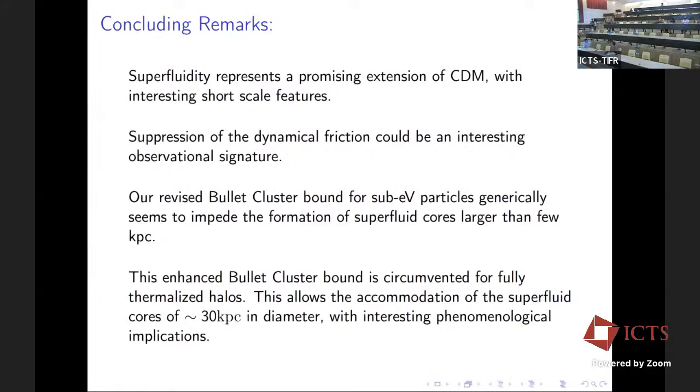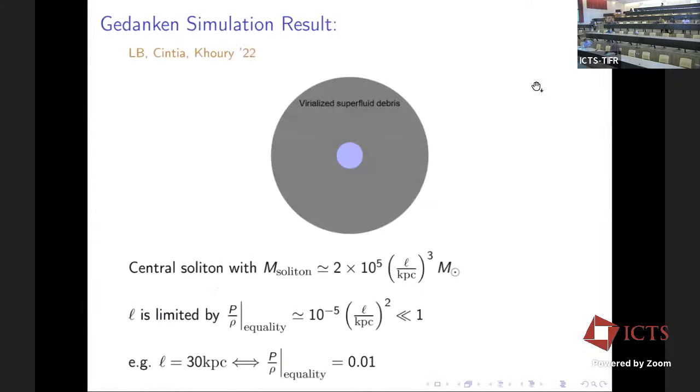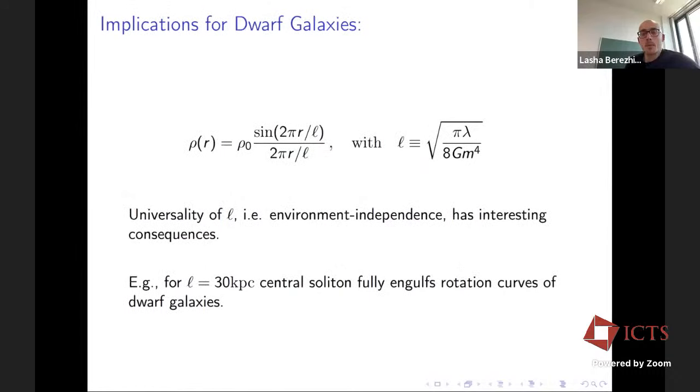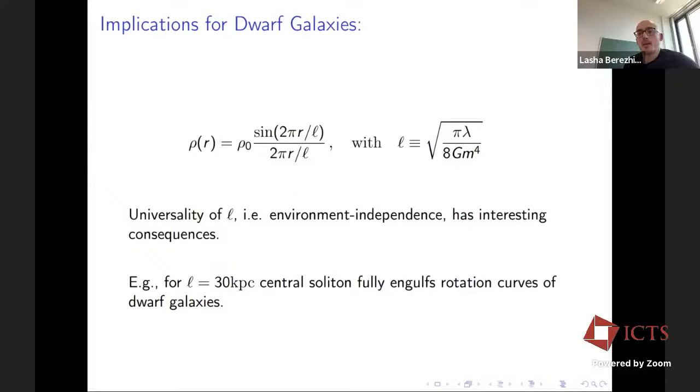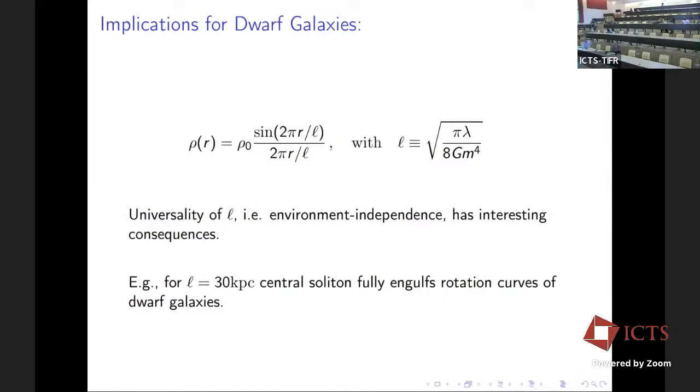In one of the slides, you showed the density profile, which is a sinc function. So this is also the density profile for an ultralight boson in the Thomas Fermi regime. Is that the same as this? It's the same. Yes, absolutely. It's just a massive scalar with the lambda phi 4 interaction.